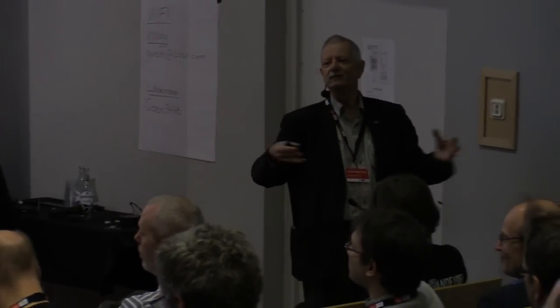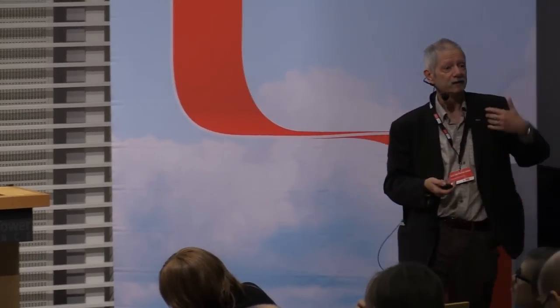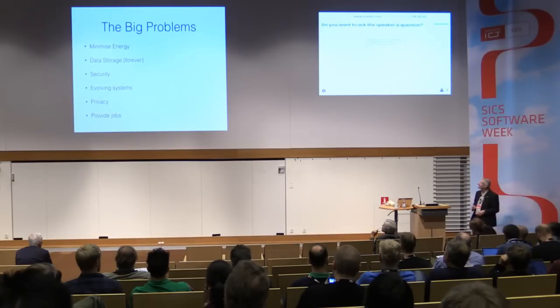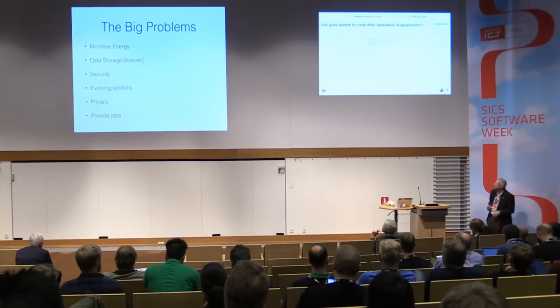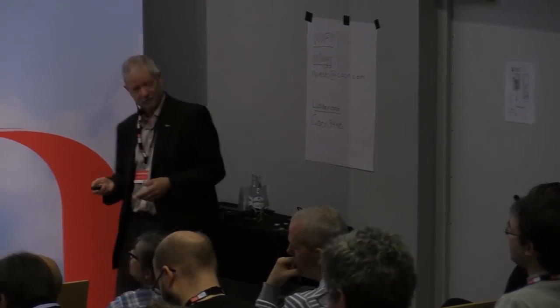If they can put new stuff in and attack it quicker, then we can knock these things out. We could potentially knock out the entire internet, and then you'd have to close off whole bits of it and quarantine it. It would be like the Black Death. It would cause millions of deaths, and the only way to do it would be to quarantine it and rebuild something from scratch. This is a real problem, actually. We need to figure out how to make systems that evolve, and we need privacy. And then, because all these things are removing jobs, we need economic models that take into account the fact that we can do a lot of things with computers instead of people.